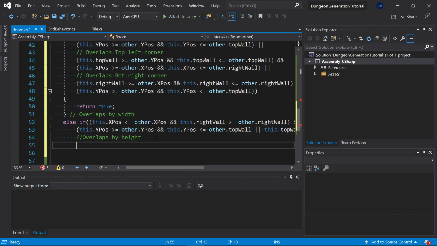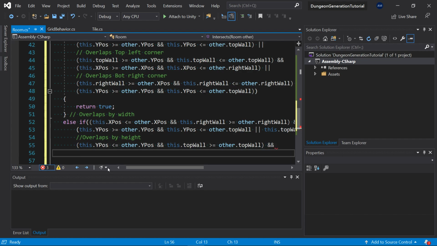Now, to do the height, what we're going to do is this dot y position less than or equal to other dot y position, and this dot top wall greater than or equal to other dot top wall, and this dot y position less than or equal to other position, this dot top wall greater than or equal to other top wall, and